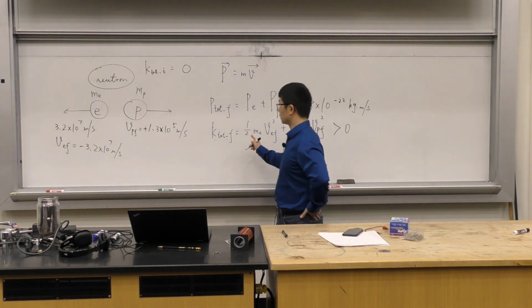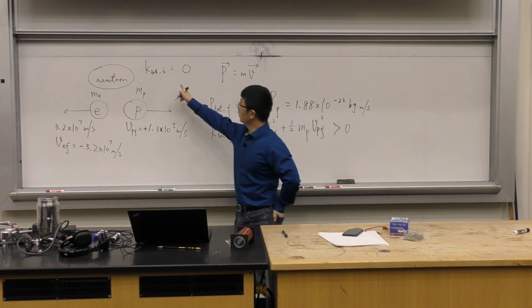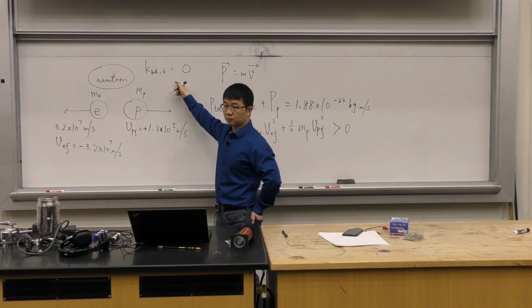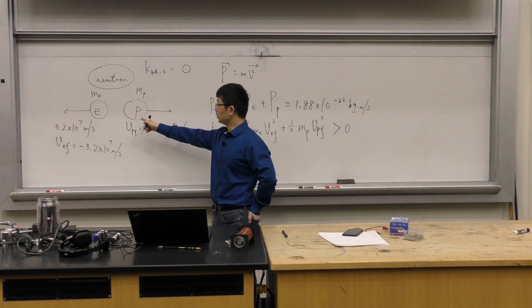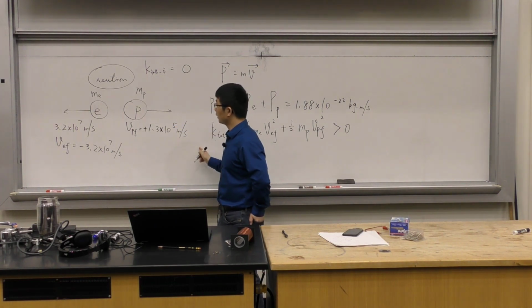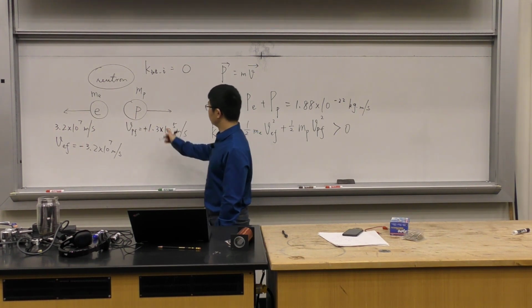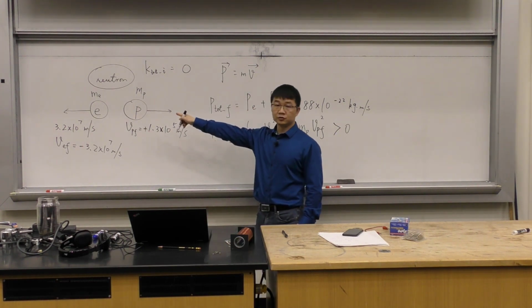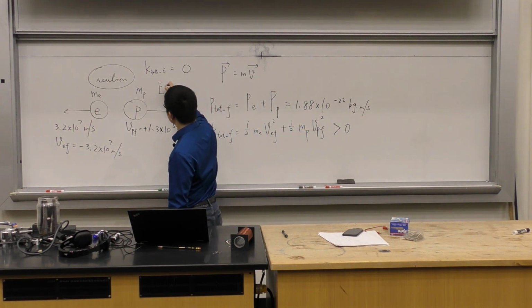Where does this energy come from? Let's go back to this process. Initially, the kinetic energy is 0. Finally, these two particles look like they get some kinetic energy out of nothing. In this case, this kinetic energy comes from the nuclear energy. That's the very famous equation